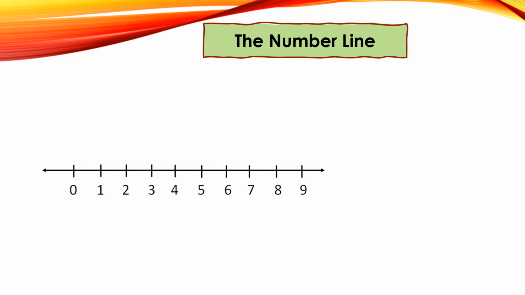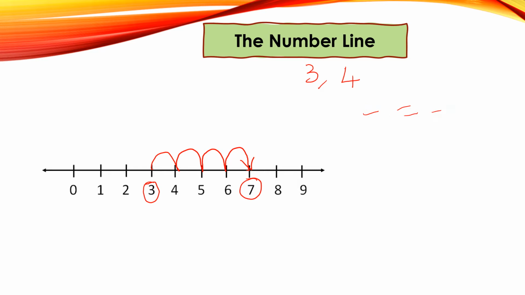So let us add two whole numbers. Let me take 3 and 4. So we are going to add 3 and 4 using the number line. So what are we supposed to do? We start from 3. Since we add 4 to this number, we make 4 jumps to the right. 1, 2, 3, 4. And we have reached 7. So the sum of 3 and 4 is equal to 7.